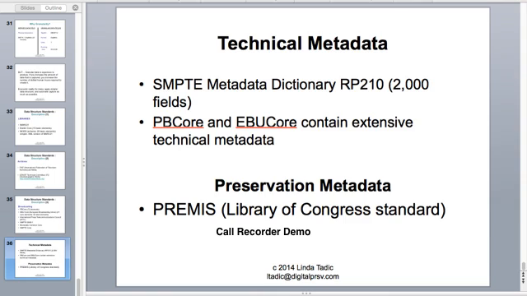Technical metadata, they all get scared about, and they don't always understand why they have to have granular fields of technical metadata, and why can't they just smoosh all the technical metadata into one big block field. Because they're not thinking about future-proofing of their content, their assets. They're not thinking that they're going to have to migrate into the future, even the file formats themselves, not just